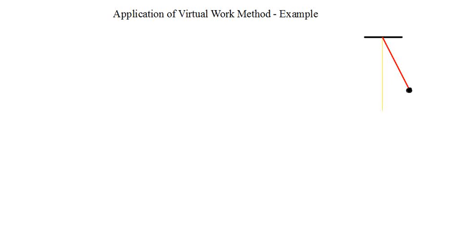So having discussed the principle of virtual work, let's use it to determine the equilibrium condition of a common mechanical system. As usual, we will start with our simplest example, a planar pendulum or a simple pendulum. Let's find the condition for a planar pendulum to be in equilibrium under the effect of